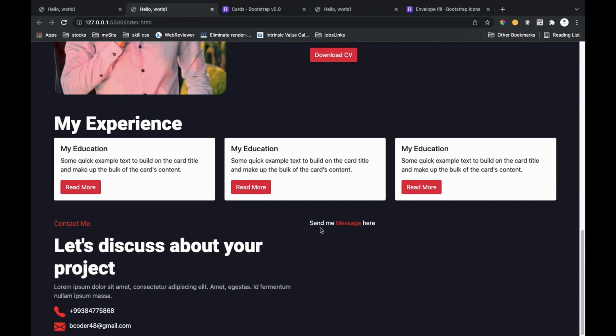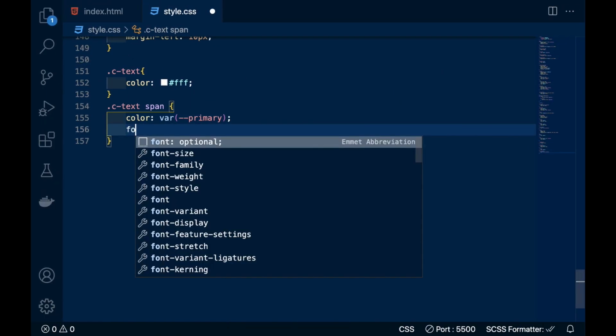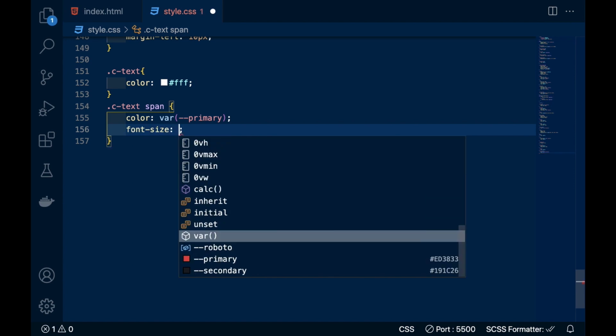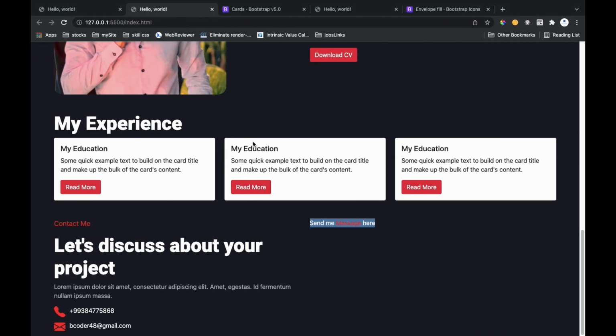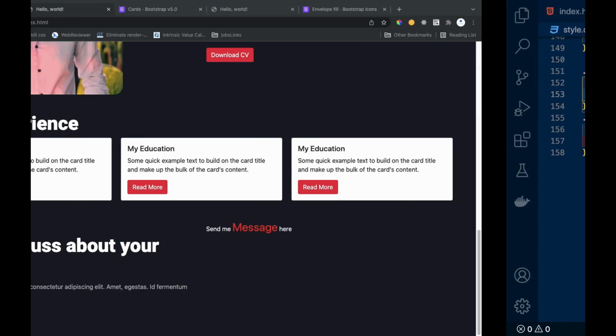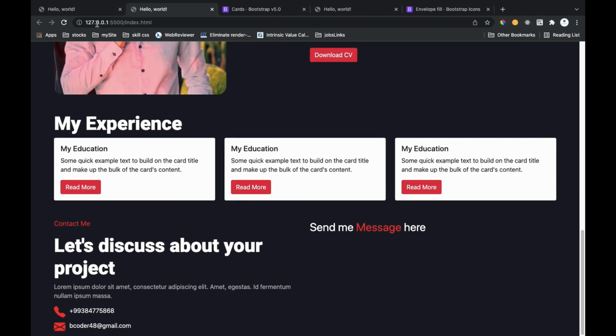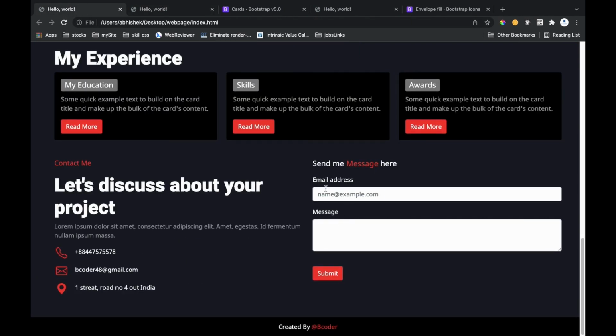So here you can see, and we will increase its font size to 30 pixels.